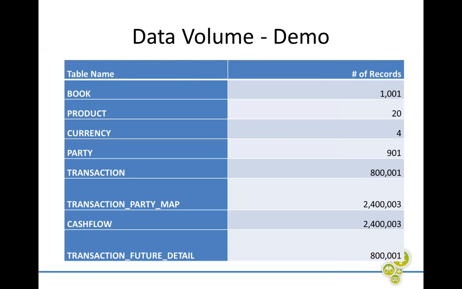So for our proof of concept, obviously it depends on how much infrastructure you get to store the information. So given the kind of proof of concept hardware we got, this is the volume of information we stored in various tables. We had book, product, currency, party.